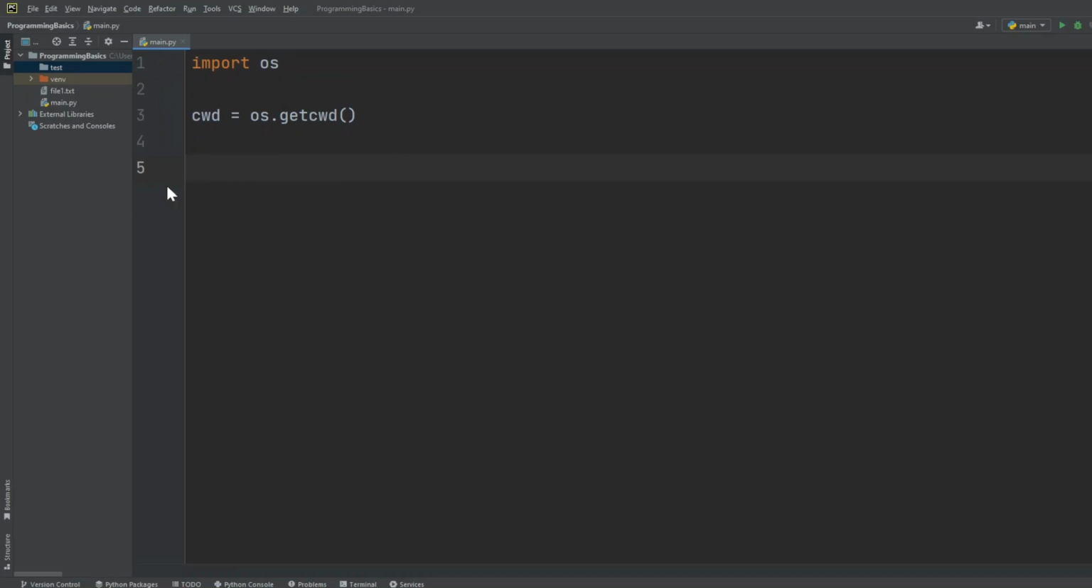For this example, I have created a file called file1.txt. It's a text file, and I've also kept the test folder we had from before. The first thing we need to do is make a path to that location, and the way we do that is by creating a variable called path and setting that equal to a function